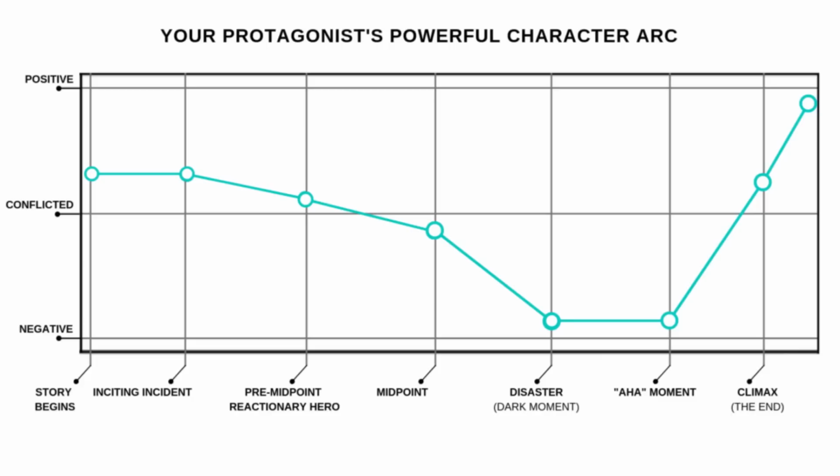And basically this post included this cool little line chart that I made of the powerful character arc. I'll show it here real quick. As you can see, it follows the 3-act story structure like we've been talking about, and the lowest point on the chart is your protagonist's dark moment. They'll never be more lost and confused and broken than they are right now. But you know what that means. The only way to go is up.